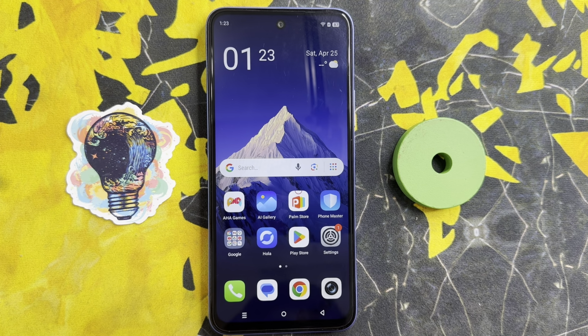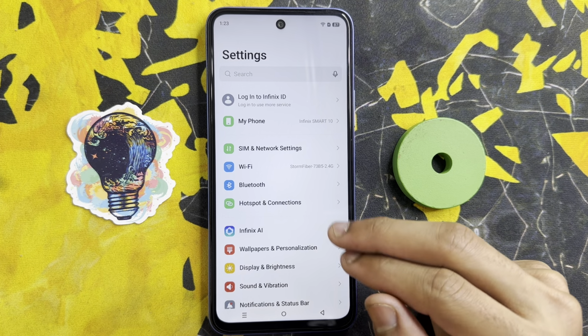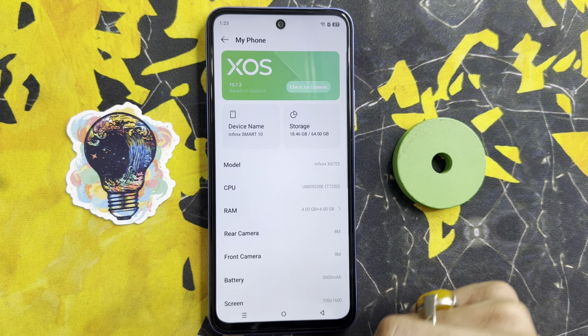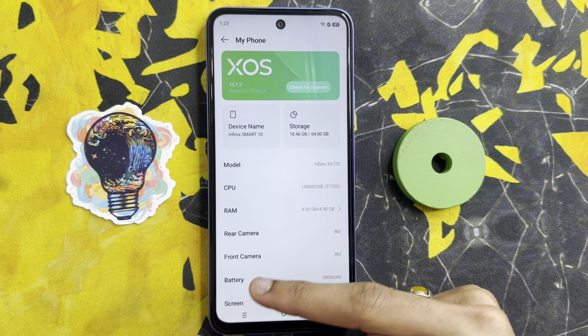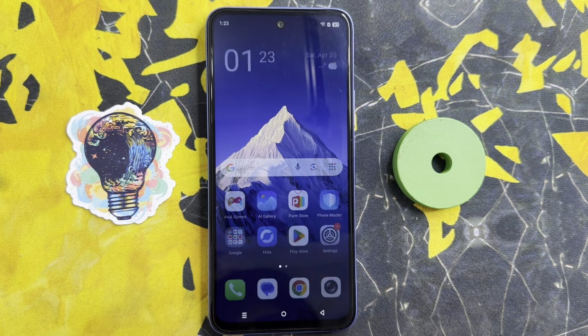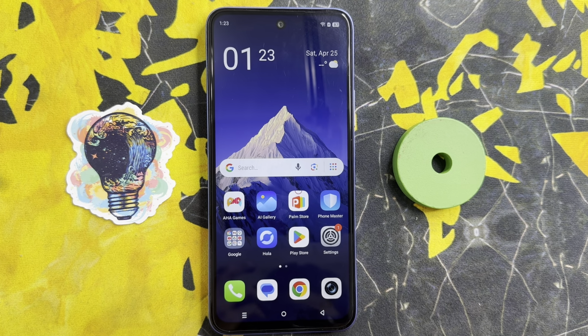But if it's still not solved, again click on settings app and click on my phone. You will check whether your software update is the latest. If it's not the latest, update your software to the latest. After updating the software, go back to the home screen. So that's how you can fix text notification not working on Infinix